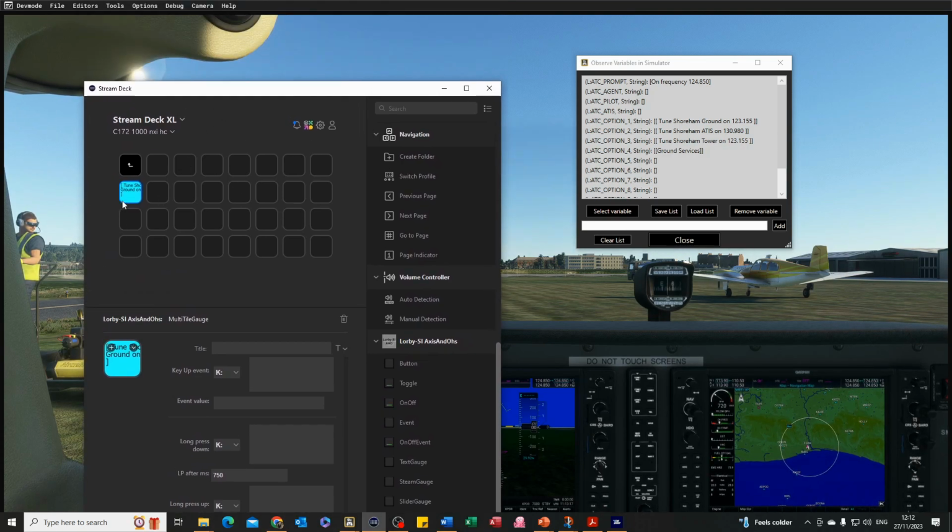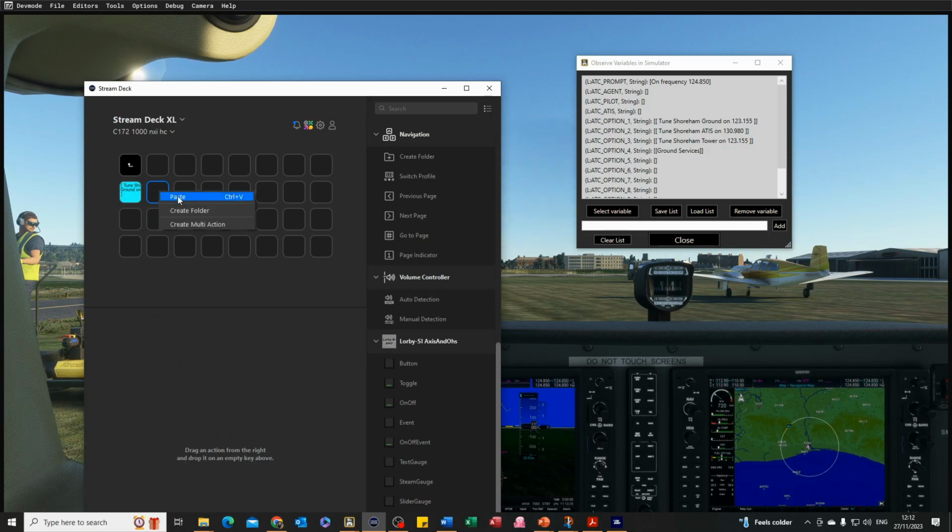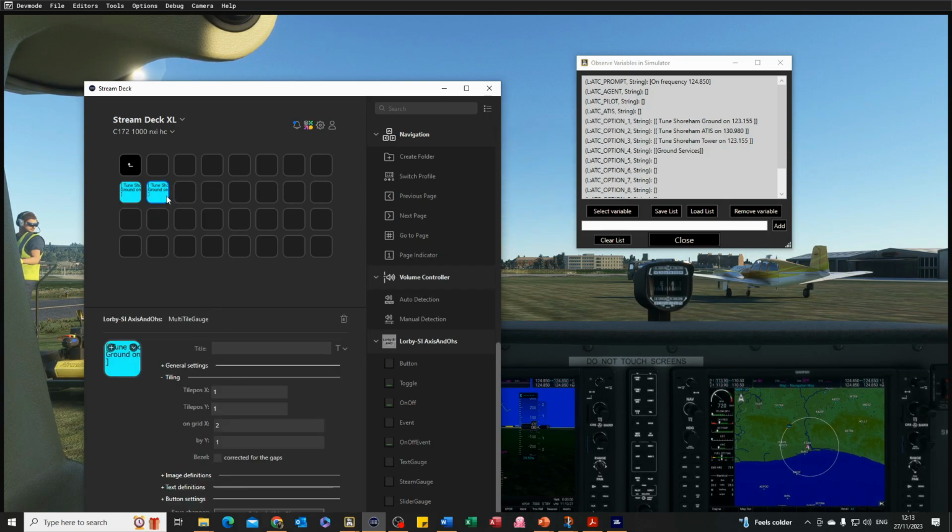So now in theory we've got a working button, but I want to use this second one here. The best way to do that is to copy that and paste it in here, and you can see it's replicating tile 1. I need to tell it that it's tile 2, and now if I submit that,